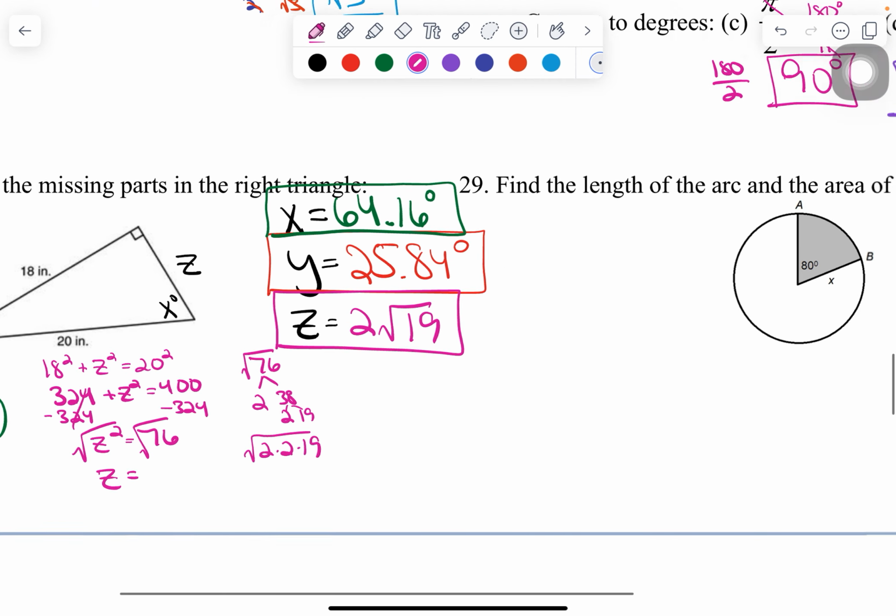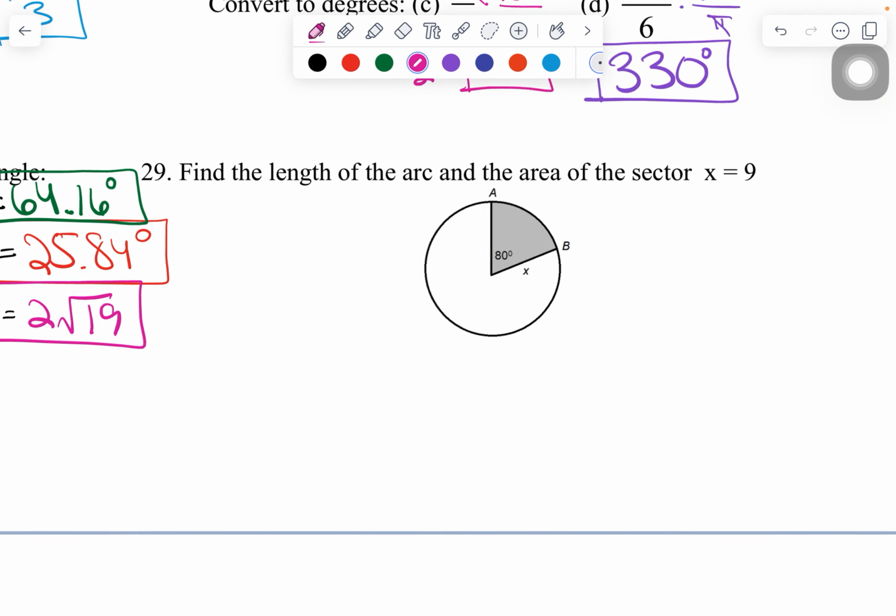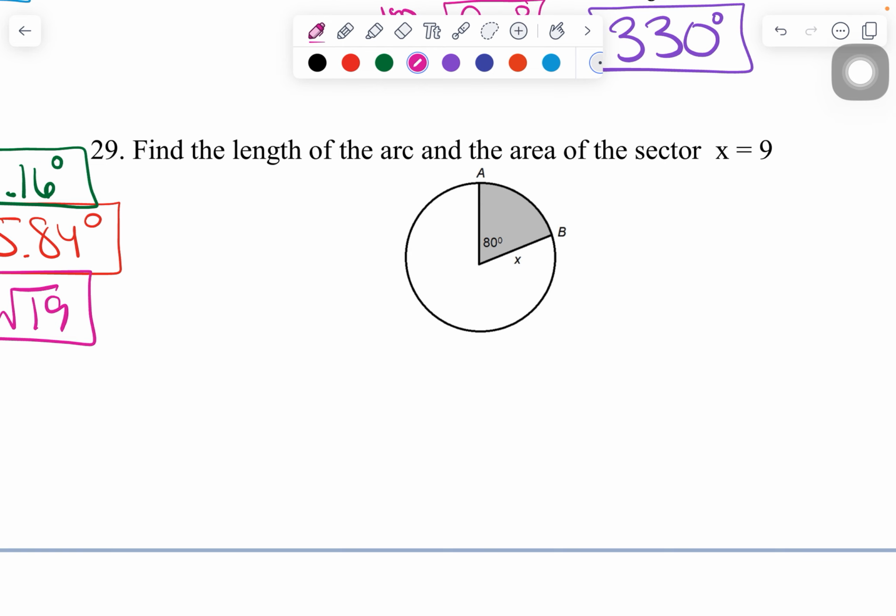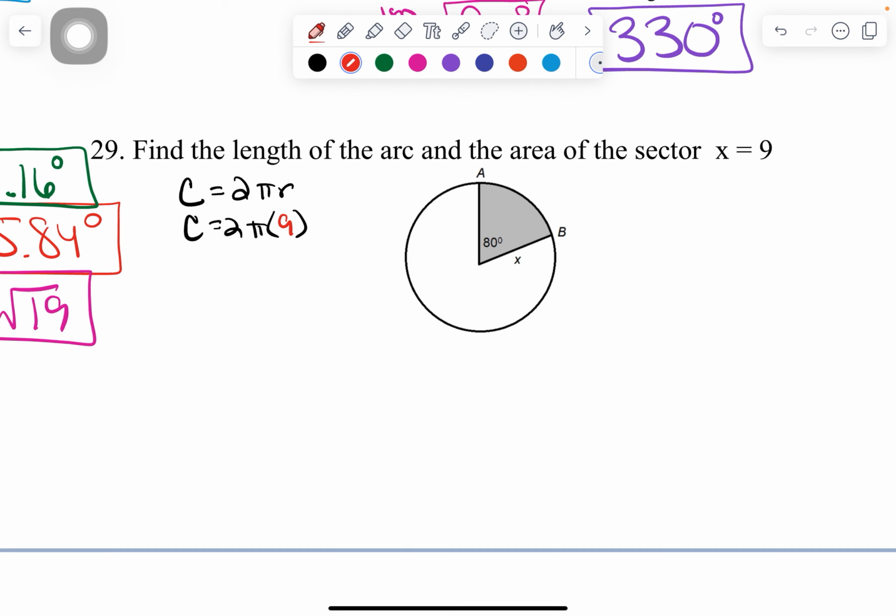All right, last question on the review. Find the length of the arc and the area of the sector. X is equal to 9, which means X is my radius. All right. So let's say I want to find the length of the arc. That means I'm going to start with circumference. That's 2 pi r. So that's times 9. And that is going to be a circumference of 18 pi. Now that is going all the way around the circle, but I don't want to go all the way around the circle. For the arc, I am just going 80 out of 360